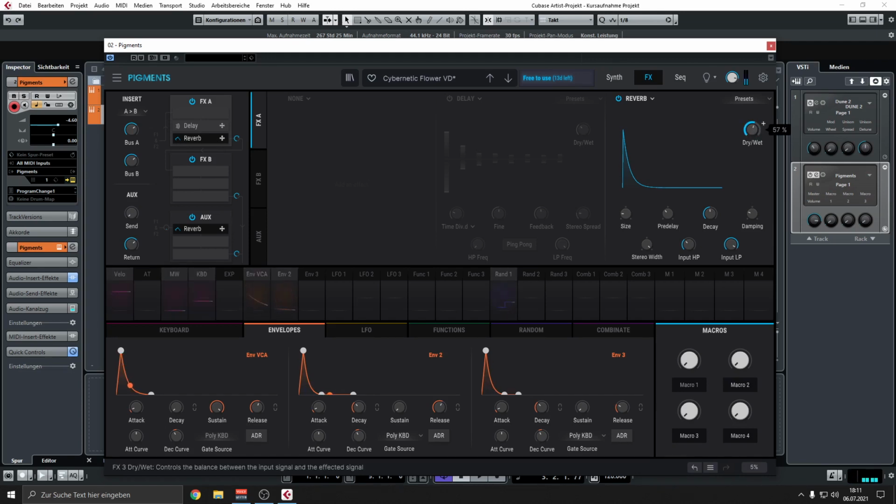Doesn't sound super realistic, but you get the idea. And opposite to this, if we create a huge room, so just to show you these two ways of doing this, and most of the time the reverbs that come